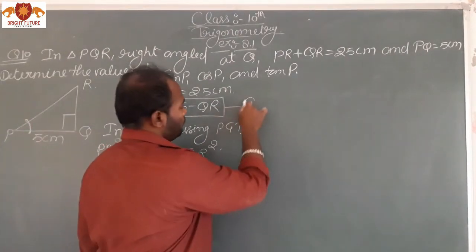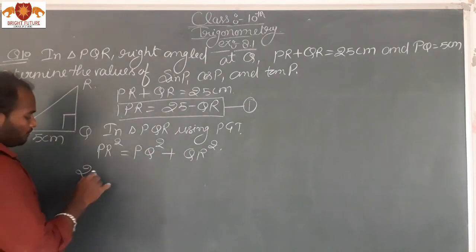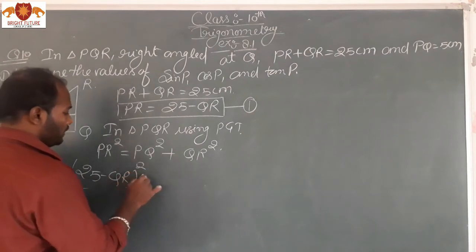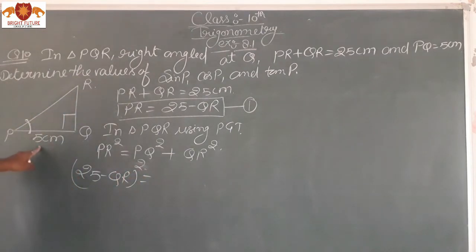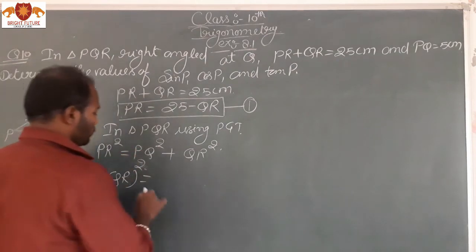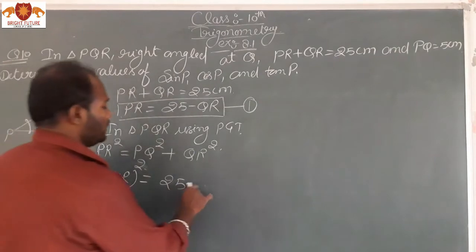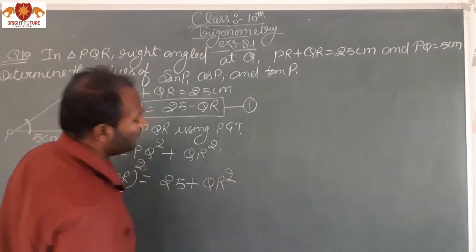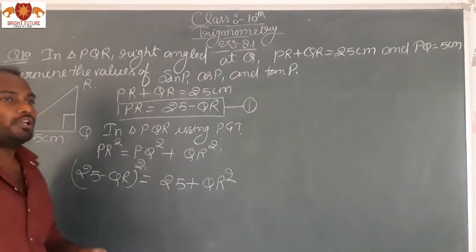चलो अगर मैं PR की वैल्यू फ्रॉम इक्वेशन नंबर 1, इक्वेशन नंबर 1 से अगर मैं PR की वैल्यू यहां पे पुट करता हूं, सो यू विल गेट द whole square, got it। Now you are given also according to the question PQ is 5 centimeter, so you will put the value of PQ, it means 5 centimeter, 5 का square 25 centimeter, ठीक है, plus QR square, so you will write the QR square here also because you do not have the value of QR, got it।